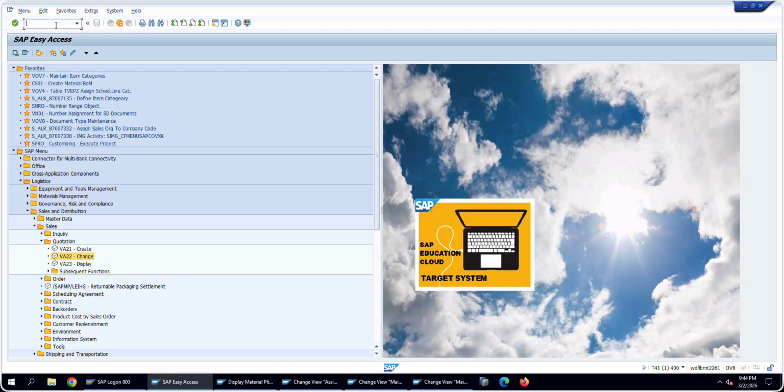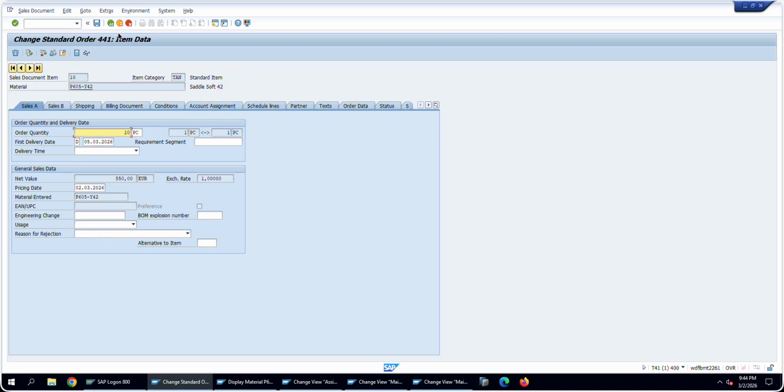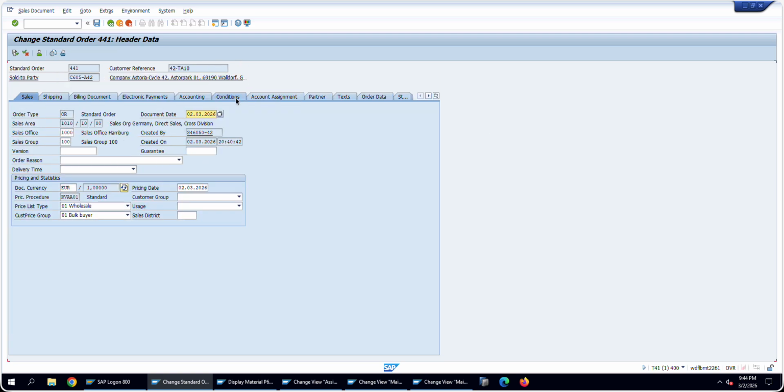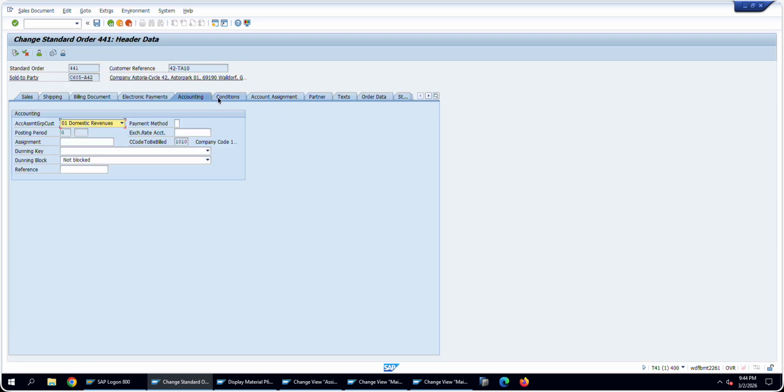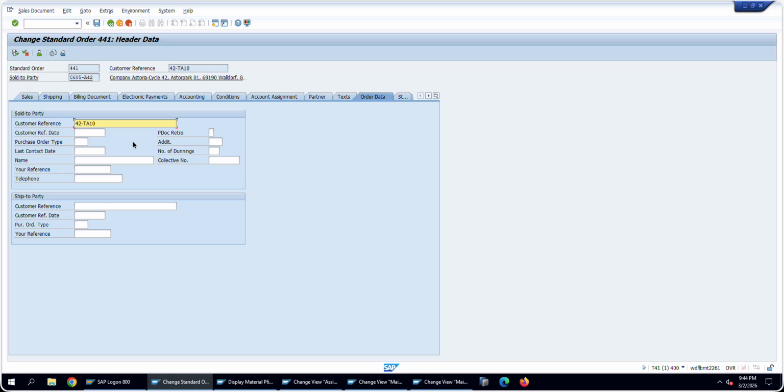Go to the VA02. I think we have been there before. If I double click on the item, what about the header? Not sure. The header, we have electronic payment, accounting, conditions, and so on and so forth. Yeah, order data, customer reference, but we don't have the